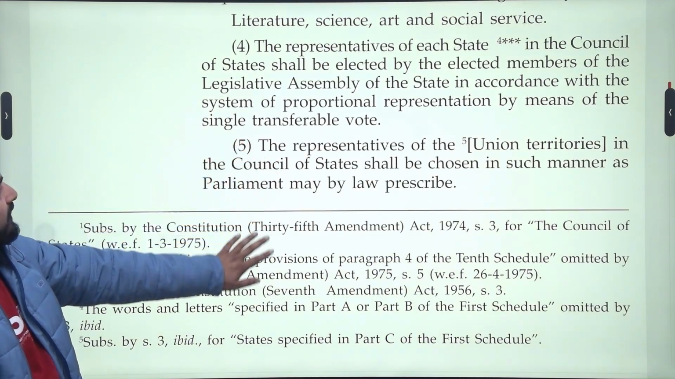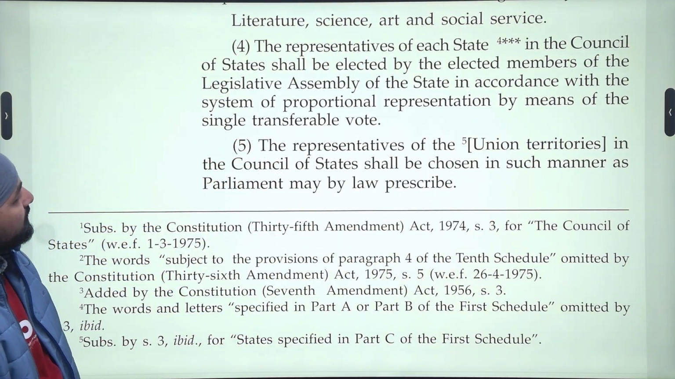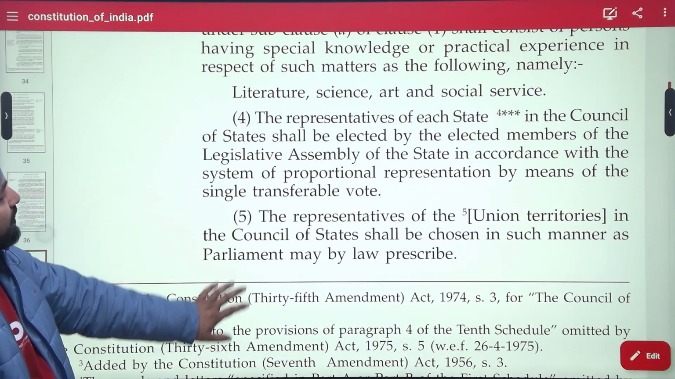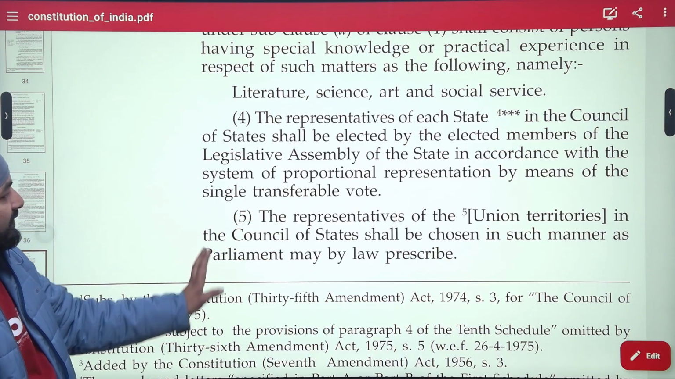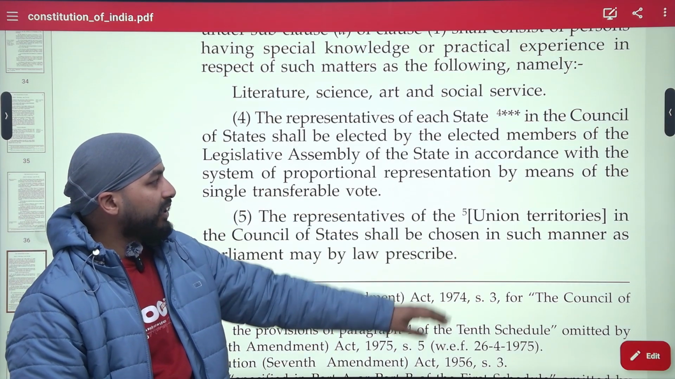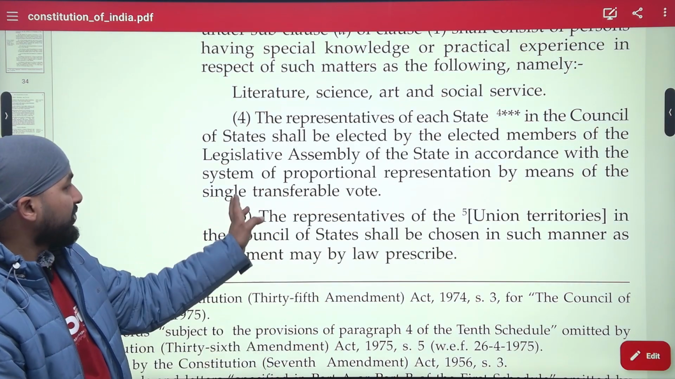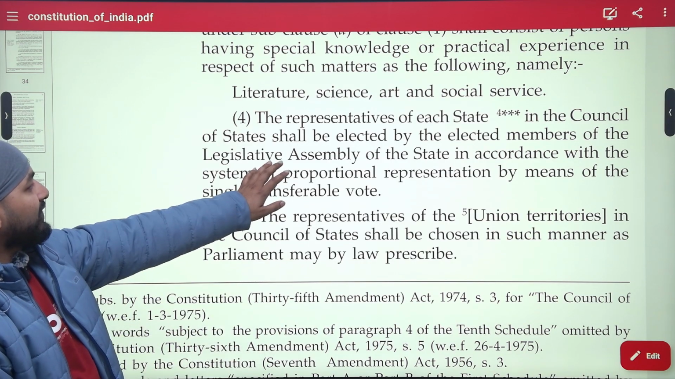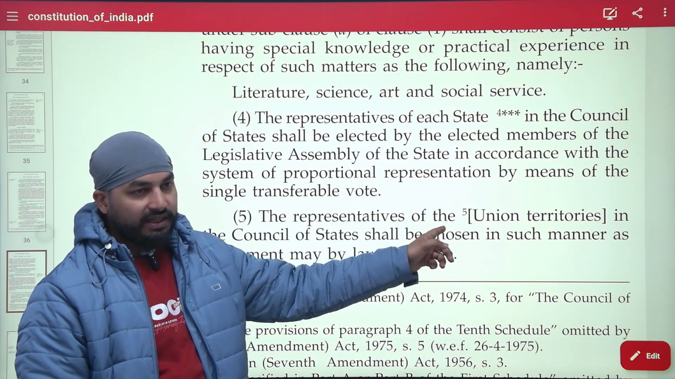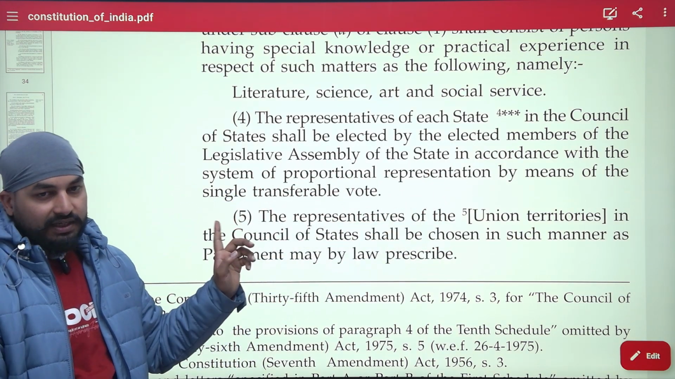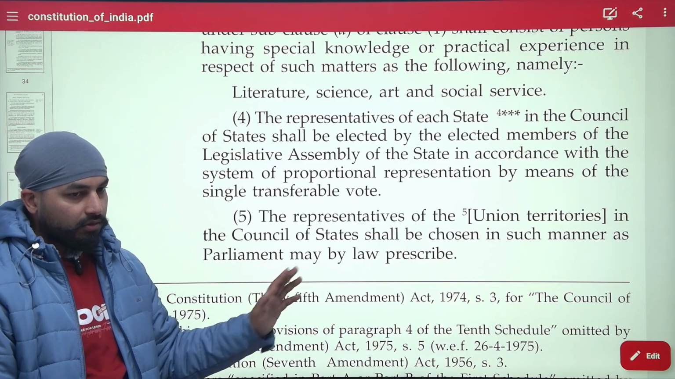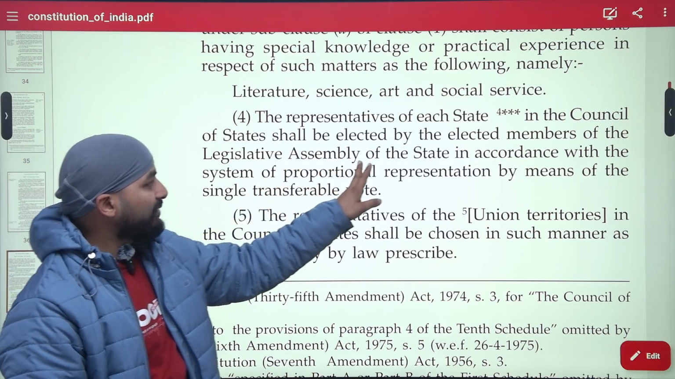So representatives of each state in the Council shall be elected by elected members. This is for the election to the Rajya Sabha. Simple method, that same PR system, proportional representation using single transferable vote, and the legislative assembly members of that state. See here also, legislative council is not part of it, only the legislative assembly. Okay,